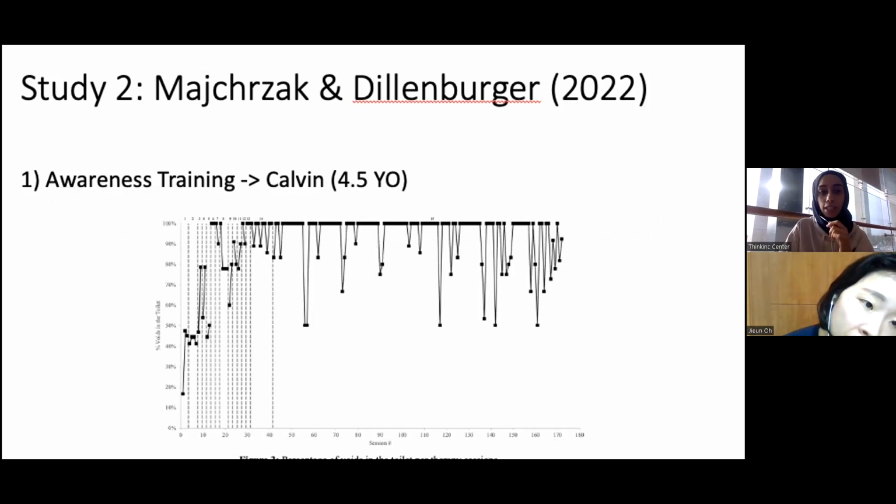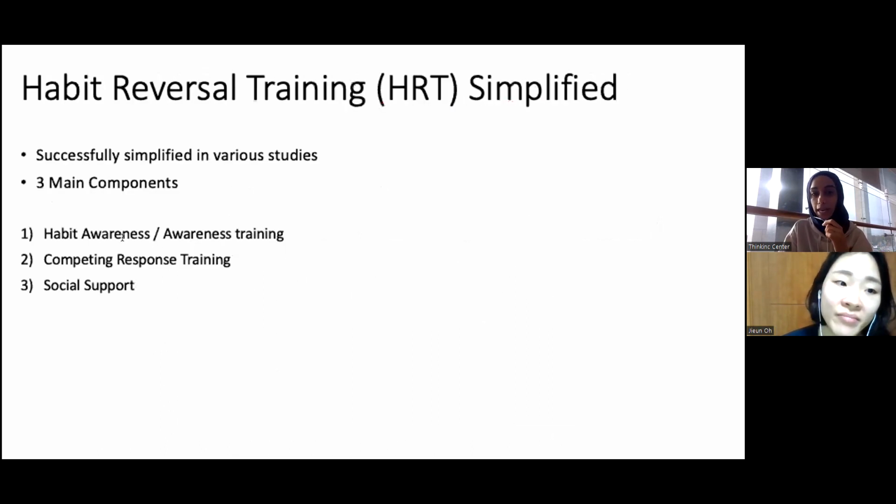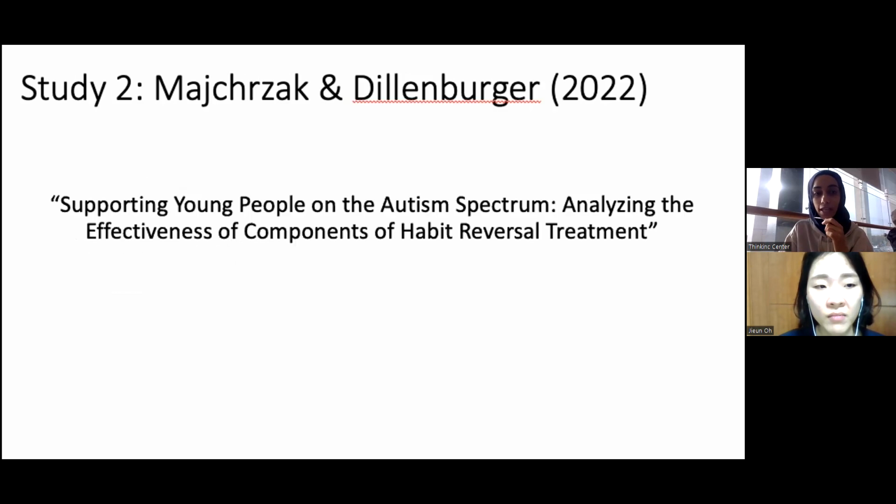So you know how we had said previously that there are 3 components in this package that together are good at reducing restricted and repetitive behaviors. These are habit awareness or awareness training, competing response training, and social support. In this study, they have decided to analyze the effectiveness of each individual component,